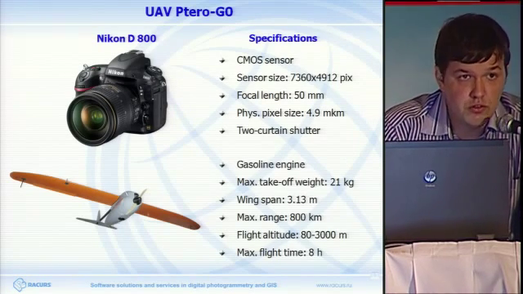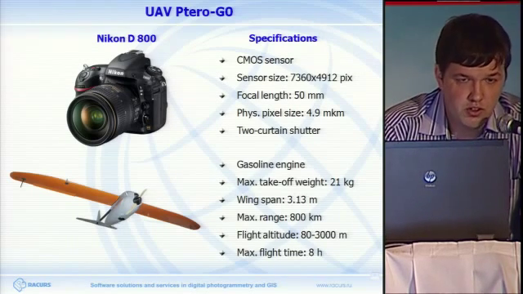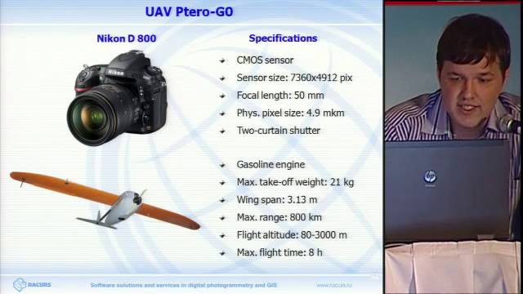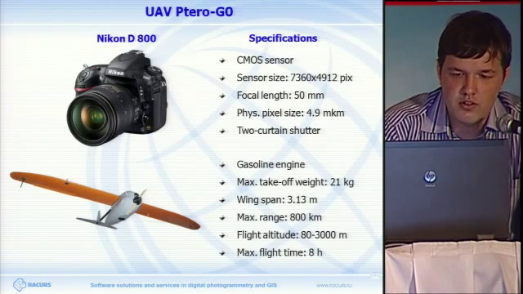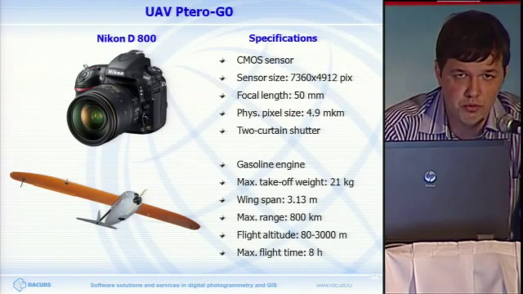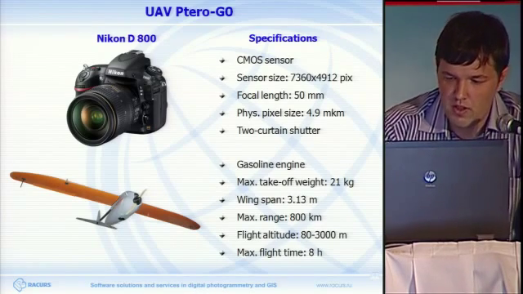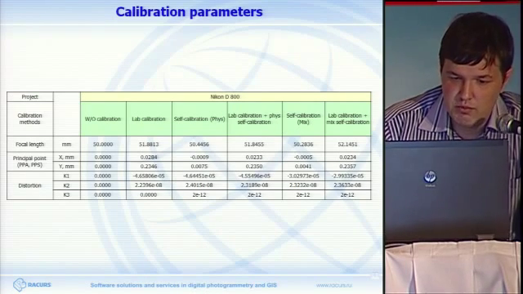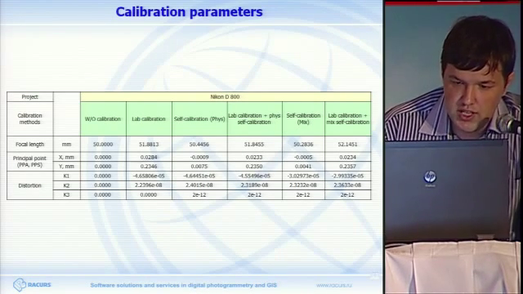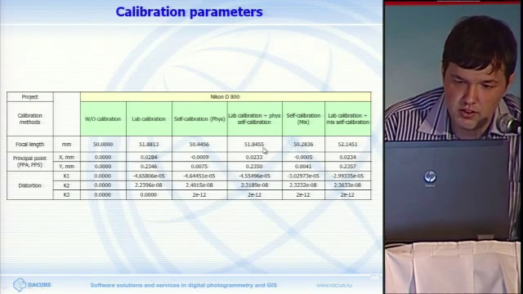As for the camera, it uses a plane shutter, so we get image distortion, frame distortions during angular evolutions. But this camera is the best in terms of imaging quality, even better than Phase 1. I could corroborate that with examples. Here you can see calibration parameters to see how they differ from Phase 1.